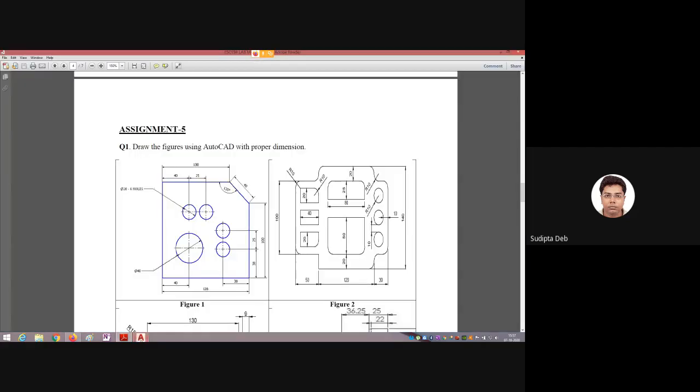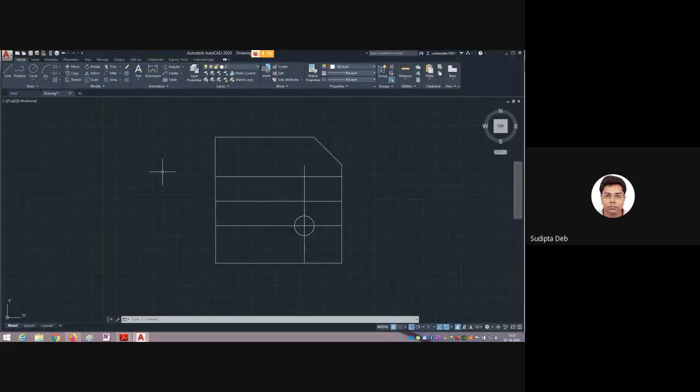Now again, on this side or this side, you can see at 40 we have to draw another line. With respect to this line, at a distance of 40, we have to draw a parallel line. At 25, we have to draw another line. So again, we can use the offset command. O, enter for offset, distance 40, I am writing 40. Now press a single enter. Now select the object to offset. This is the line.